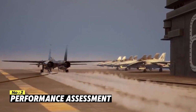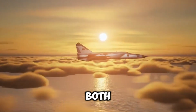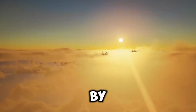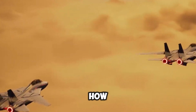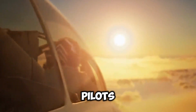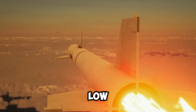Number 2. Performance assessment. Future training plans for pilots on both platforms participating in this engagement scenario will be informed by the performance evaluation carried out during this simulated conflict, which gave important insights into how each aircraft functions under different combat scenarios. Pilots observed that although the MiG-29's remarkable agility during low-speed engagements allowed it to outmaneuver opponents in tight turns,